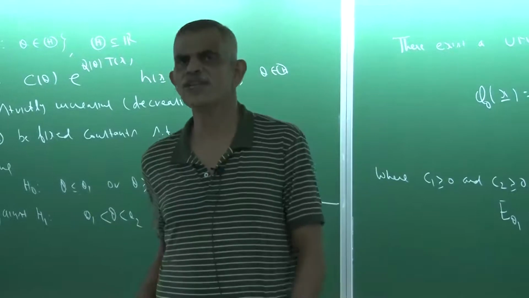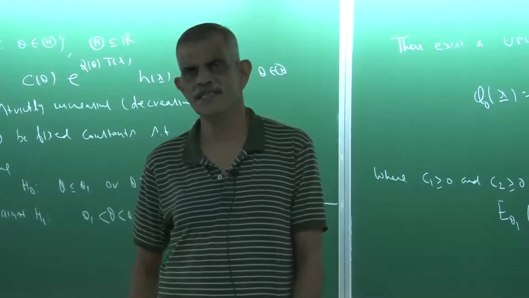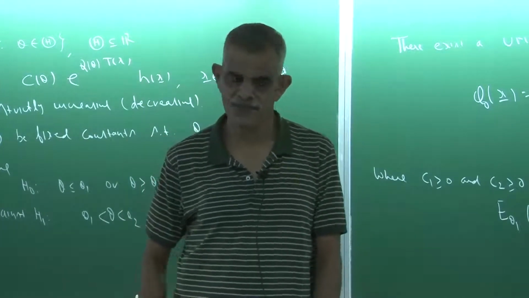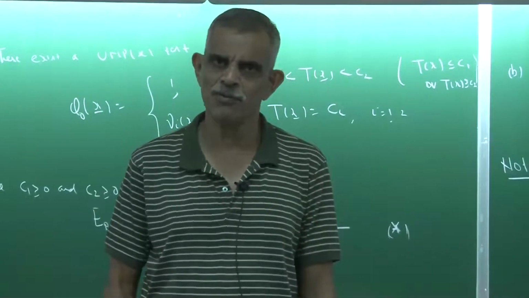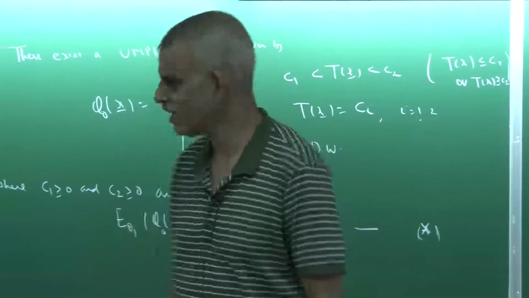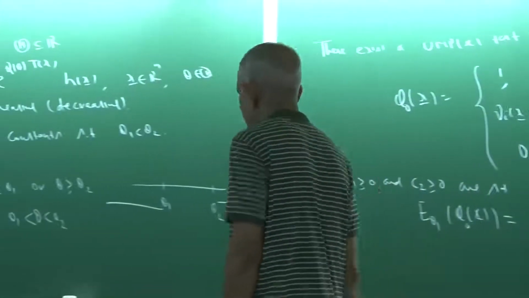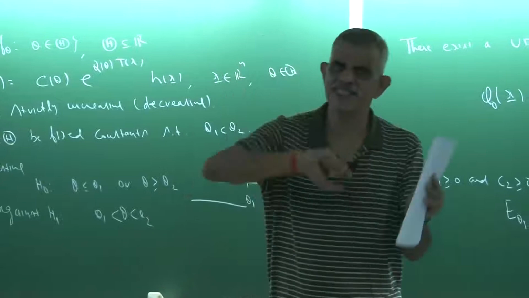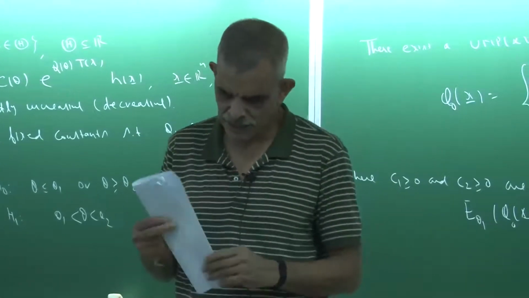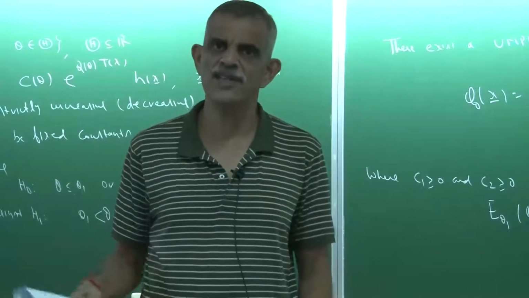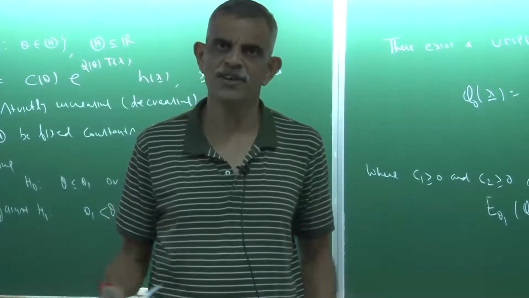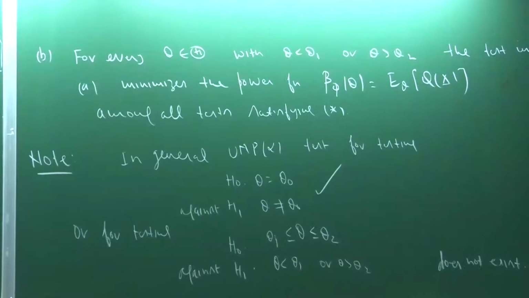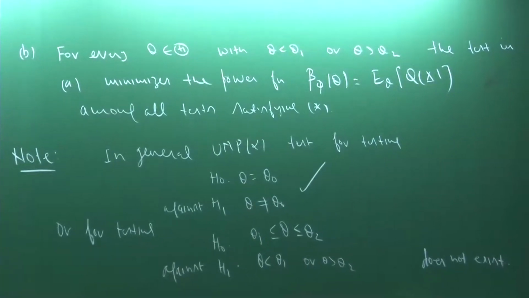That means probability of type 2 error should always be less than or equal to 1 minus alpha. So if alpha was fixed at 0.01, probability of type 2 error should be less than or equal to 0.99. That is what I would expect. And that restriction is required so that you can get rid of tests like phi x equal to 1 almost everywhere, or phi x equal to 0 almost everywhere. So unbiased test